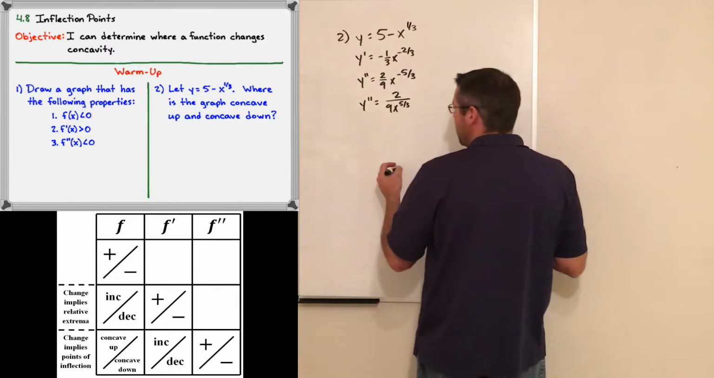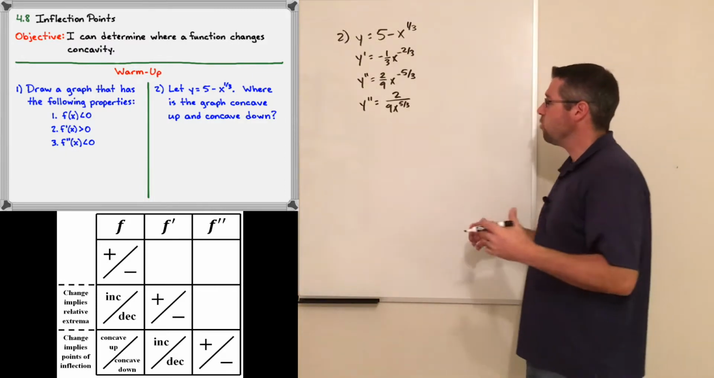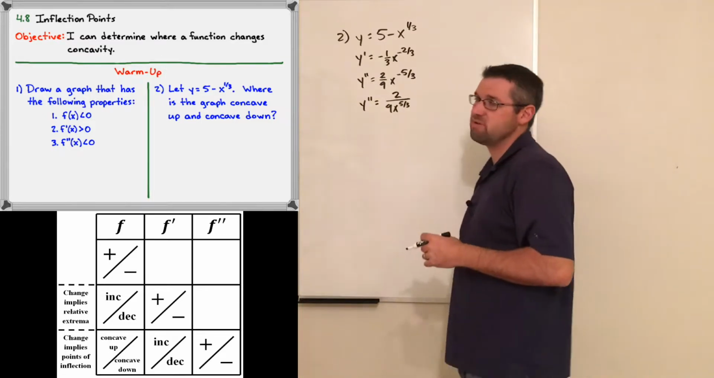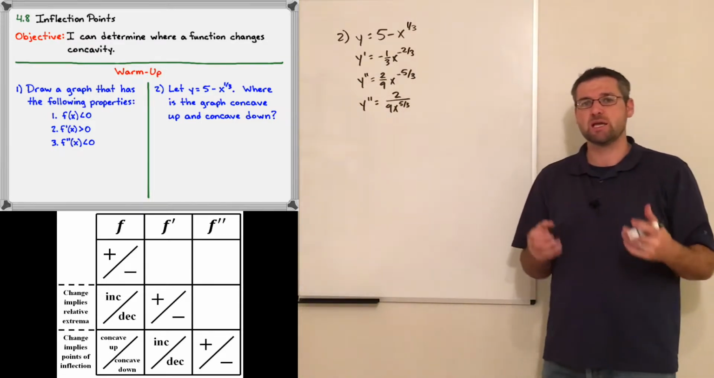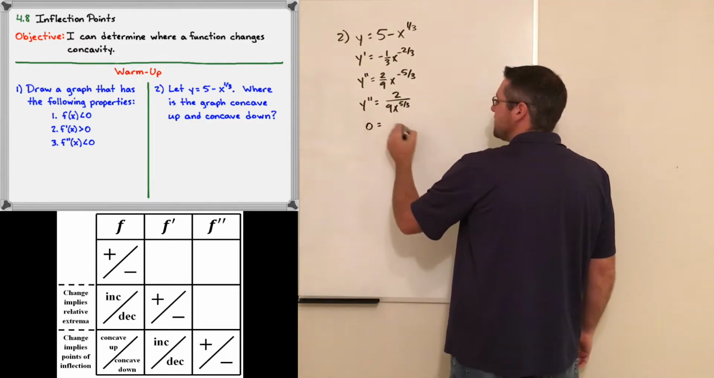So we're going to go ahead and figure out not our critical points, but our points of interest. We're going to look for when the second derivative is 0, and we're going to look for when the second derivative does not exist. Well, if I set the second derivative equal to 0,